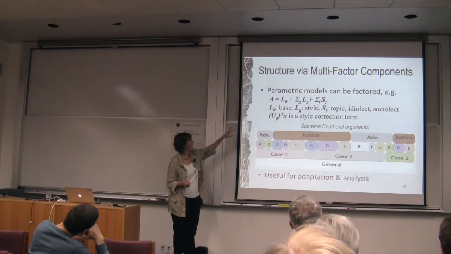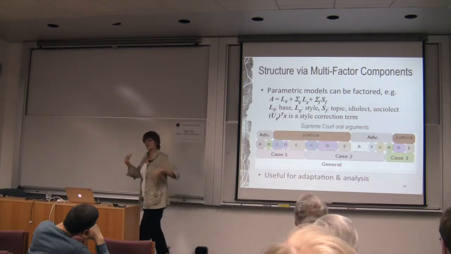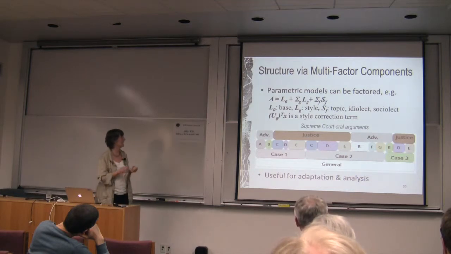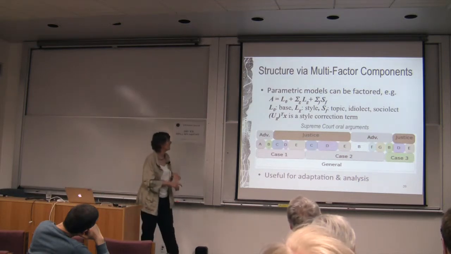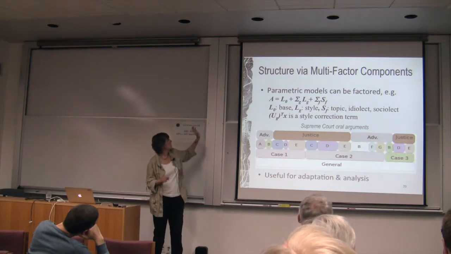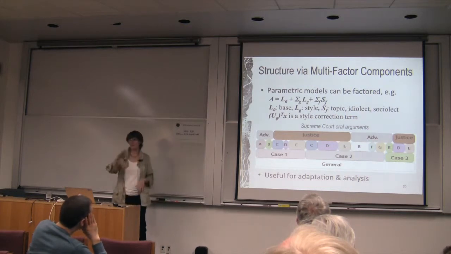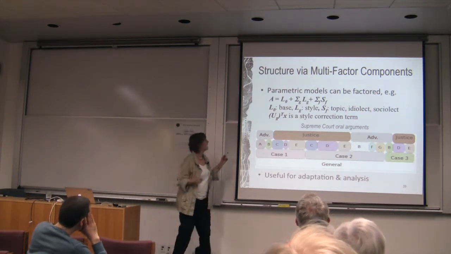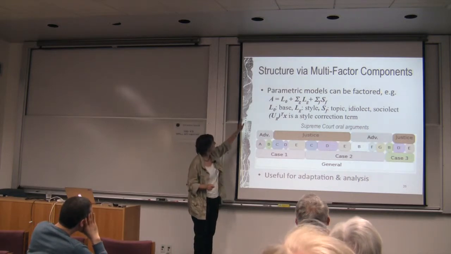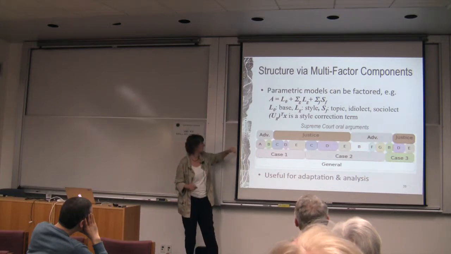So the low rank is getting at the similarity. It's getting at style. The sparse component is getting at topic things. It's getting at idiolect and sociolect. And I'll show this to you by saying we're going to write this. In fact, I'm going to use a factored model. This being not a deep neural net is actually easy to do. So I have a factored model where I'm going to have low rank components that depend